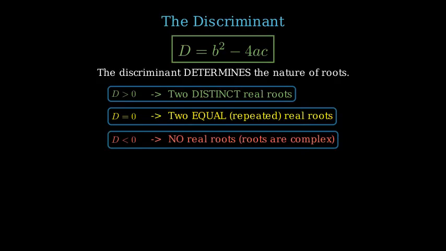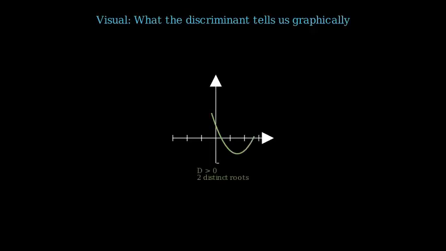There are three cases. Case 1. When d is greater than 0, the square root is a positive real number, giving us two distinct real roots. Case 2. When d equals 0, the square root is 0, and both roots are equal, each equal to negative b divided by 2a. Case 3. When d is less than 0, the square root of a negative number is not real, so there are no